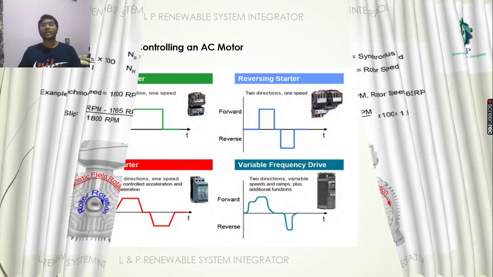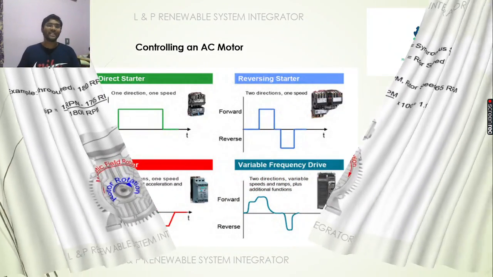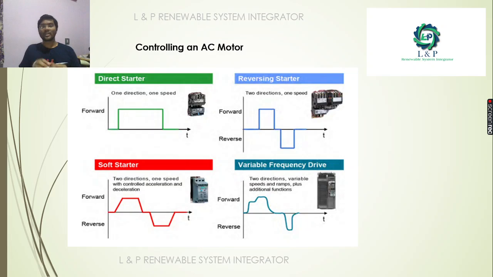And we can control motors in different ways. One is through the direct starter, in which we can operate in one direction. If you want to operate a motor in both forward and reverse, you can control it with the help of a two-direction reversing starter. And if you want to do acceleration as well as deceleration at a set speed, and forward as well as reverse, then you can go for soft starters. Otherwise, with the help of a variable frequency drive,